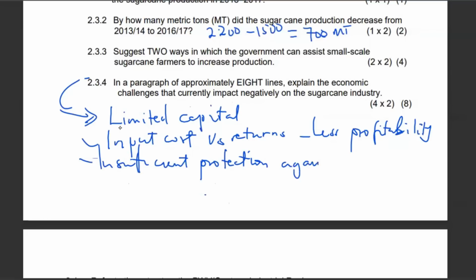Against cheap imports. If the government is not implementing strict measures on the control of imports of sugar into the market, then automatically it is doing an injustice to the sugarcane farmers. They need to be protected enough. Sometimes their prices cannot compete with cheaper imports. So we need to do away with those cheaper imports and ensure that our local market sustains. So there's insufficient protection by the government against cheaper imports,